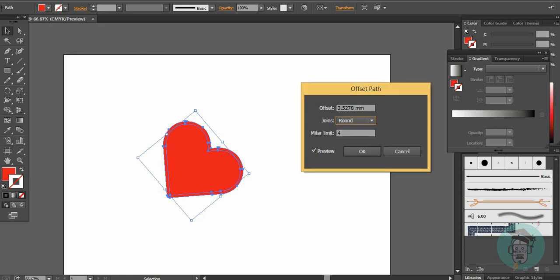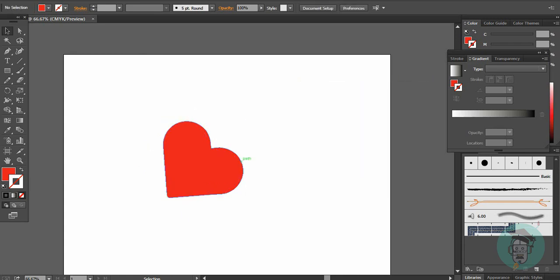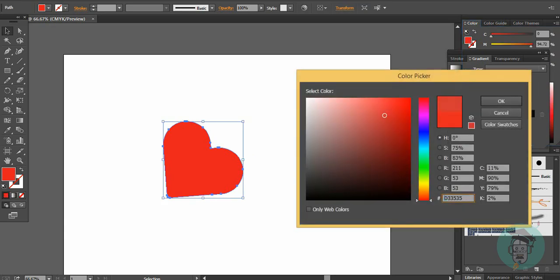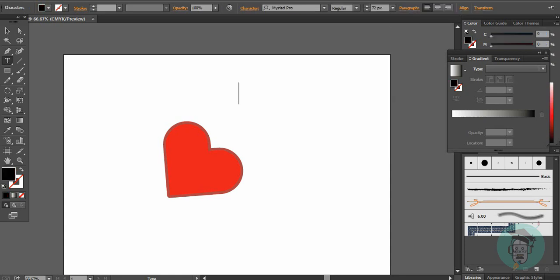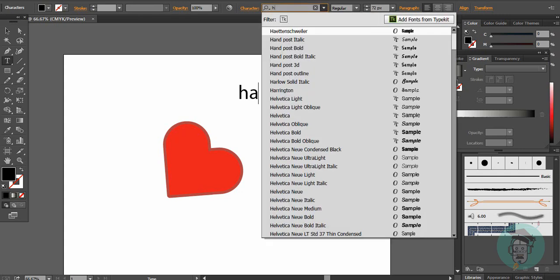You can use offset path for the sticker type of look. So this is actually a flat type of 2D illustration. If you want to make a 3D type of illustration from this flat looking illustration, you can easily use this